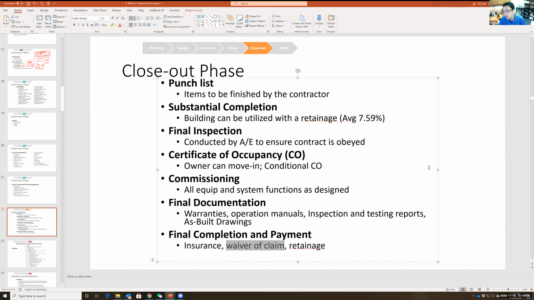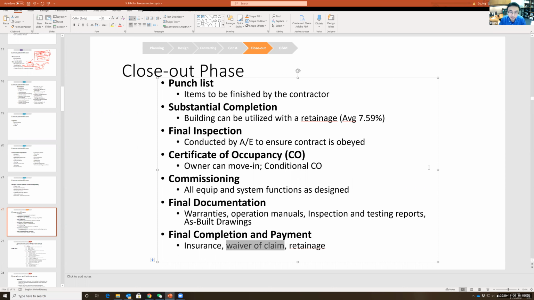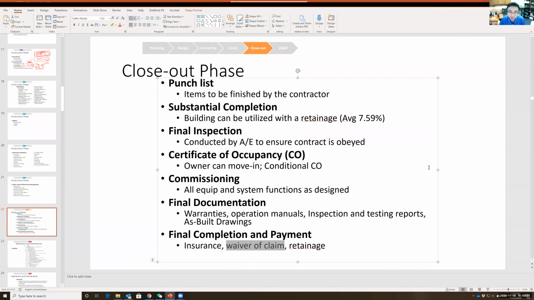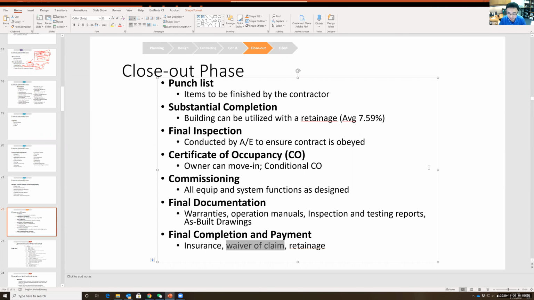What is a waiver of claim, guys? Waiver of claim is, because most projects used to have a lot of lawsuits even after the job is done. So basically nowadays, a lot of projects will require the owner and the general contractor to sign this waiver of claim. It shows that the owner agrees after the job is turned over, after the final documentations are issued, I wouldn't sue